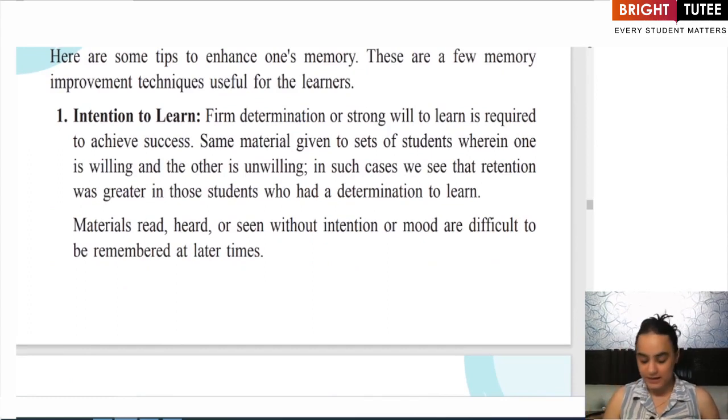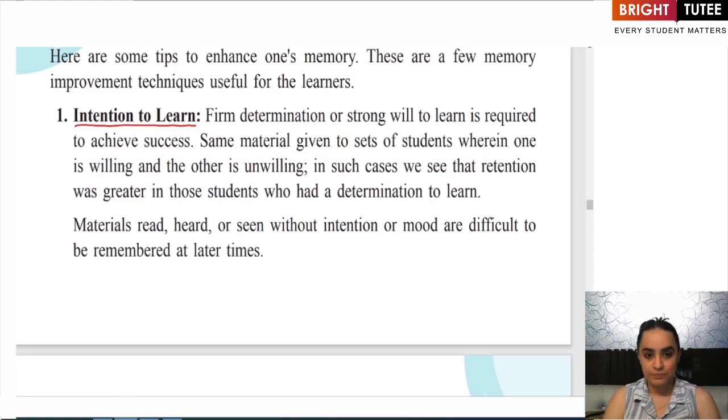The first one is your intention to learn. Now, as the name is suggestive of the fact, intention means willingness, determination, desire. A person who has the desire, who is determined, who has the strength to learn, will learn and achieve success no matter what the situation may be. Whatever material is given to such a person, whatever conducive environment is given to this person, since this person has a strong willingness to learn,